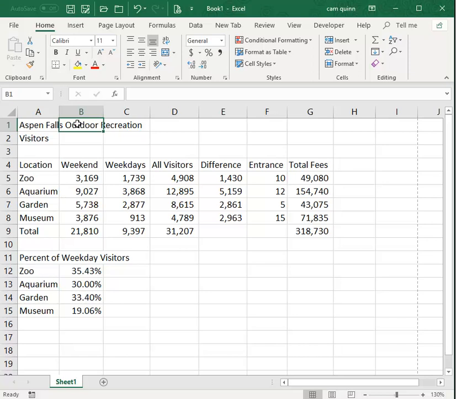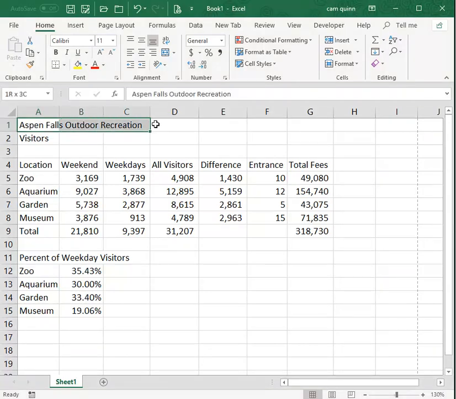And that's because when you have a label, if the cell next to a label is not being used, Excel will allow the value to carry over. If you did put something in B1, it would truncate the value in A1 to just display what's available within that particular cell. I want my headings to display across the whole worksheet, so I'm going to select my range